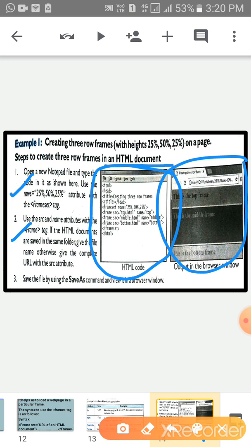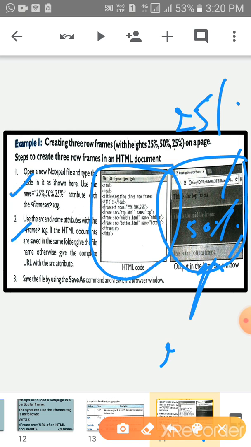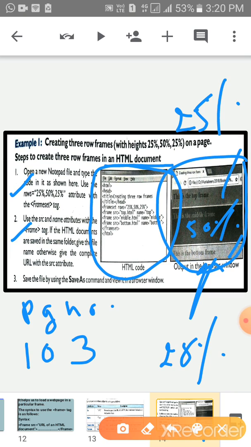These are the frames: first, second and third. These are 3 height frames. This is the 25%, this is the 50% and this one is again 25%. Children, it is also available in your book on page number 103. You can see it in your computer book also.